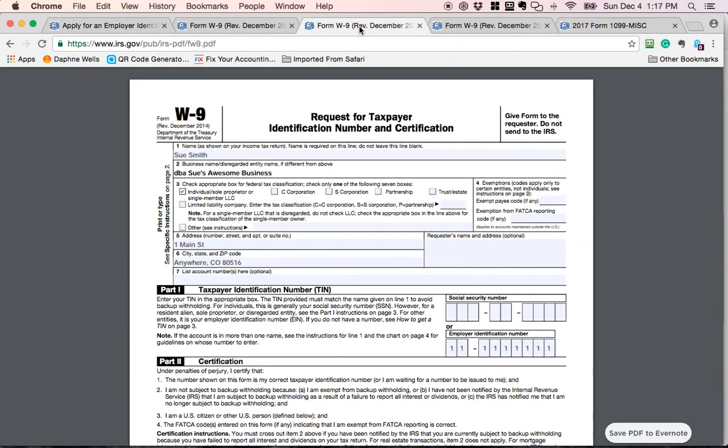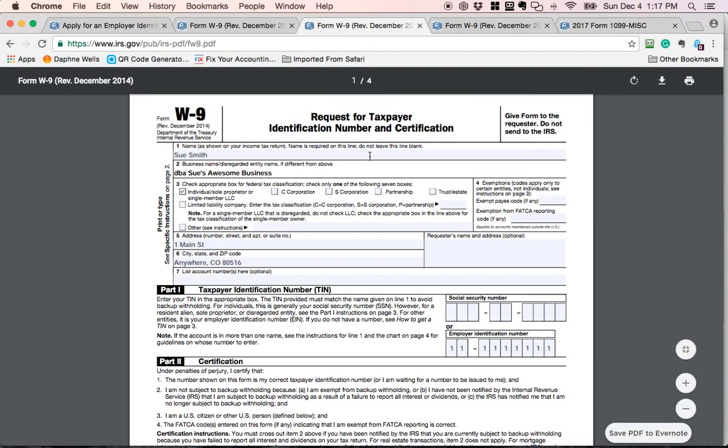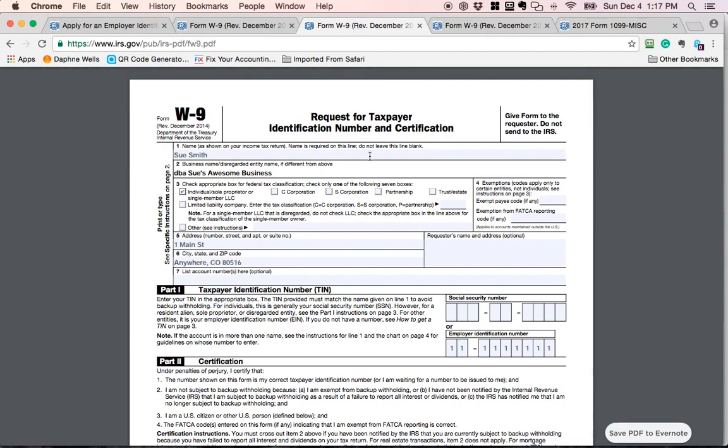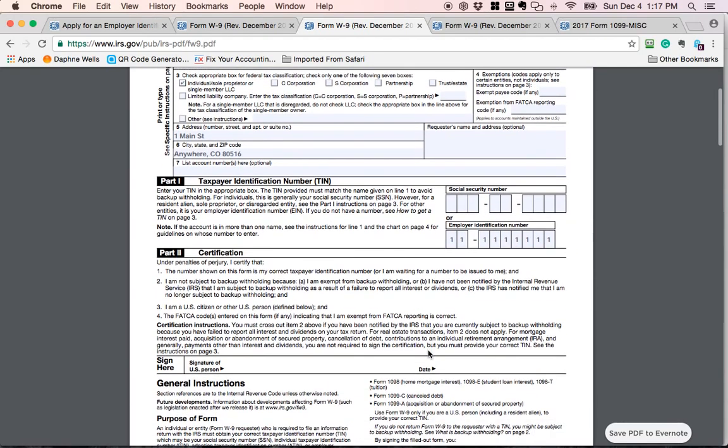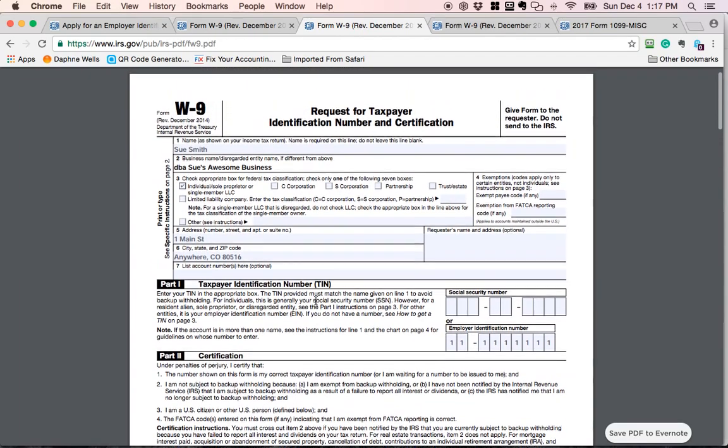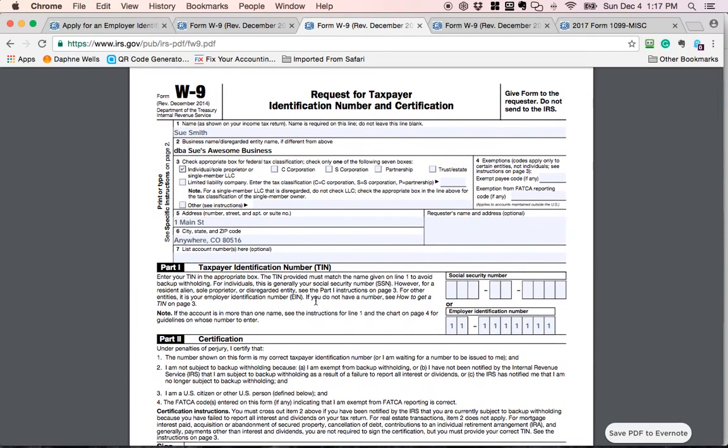So this is if you are, say, a sole proprietor with a federal tax ID, this is how you would fill out the form. You would put your name, again, as the IRS knows you. DBA, whatever the business name is you just told the IRS that you are operating as. Click the individual sole proprietor, put your name and address in again, and this time you're putting in the EIN, either physically or digitally signing and dating the form. And then you can email it to the business who is asking for this to be